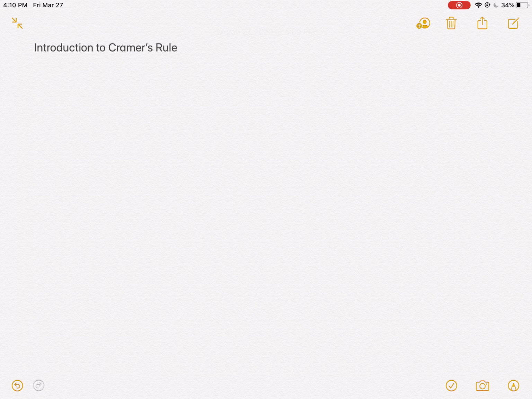So welcome to Cramer's rule. This is 11.3 and it's an introduction to Cramer's rule. It's another way to solve equations, although like other situations, they have lots of applications. And so Cramer's rule is pretty neat. It's using determinants, something that you used when you found the cross product, in order to come up with solutions